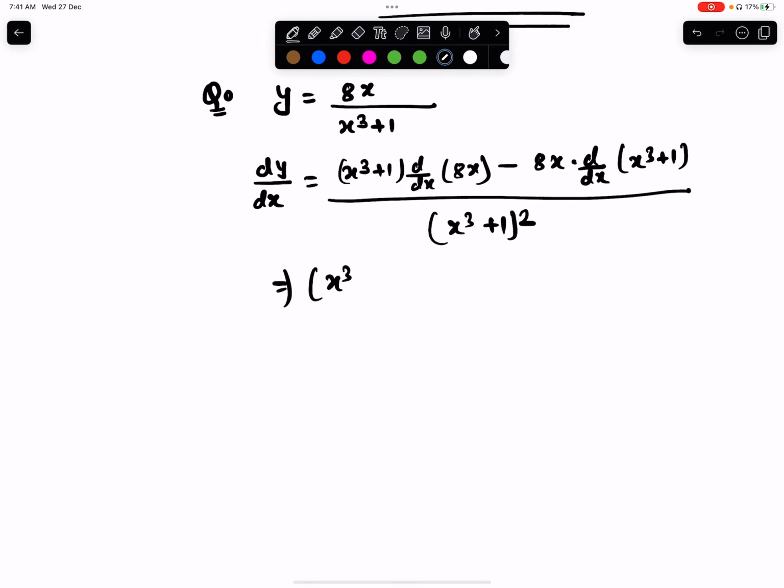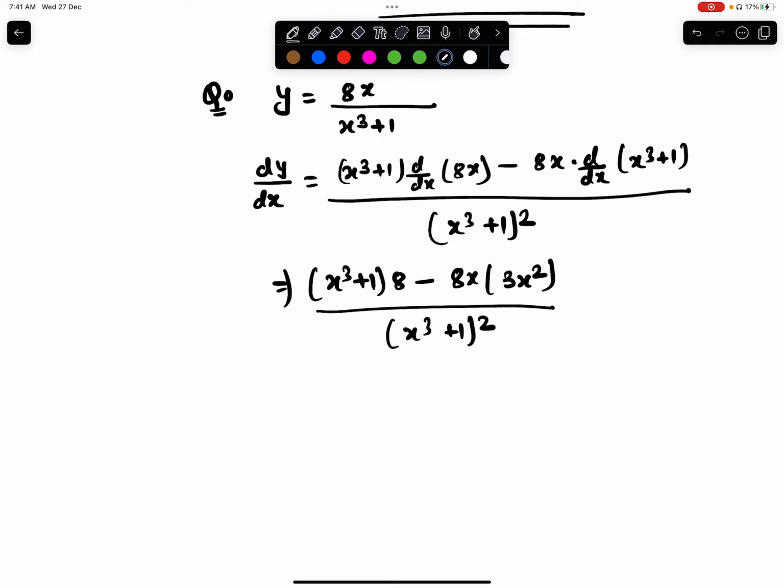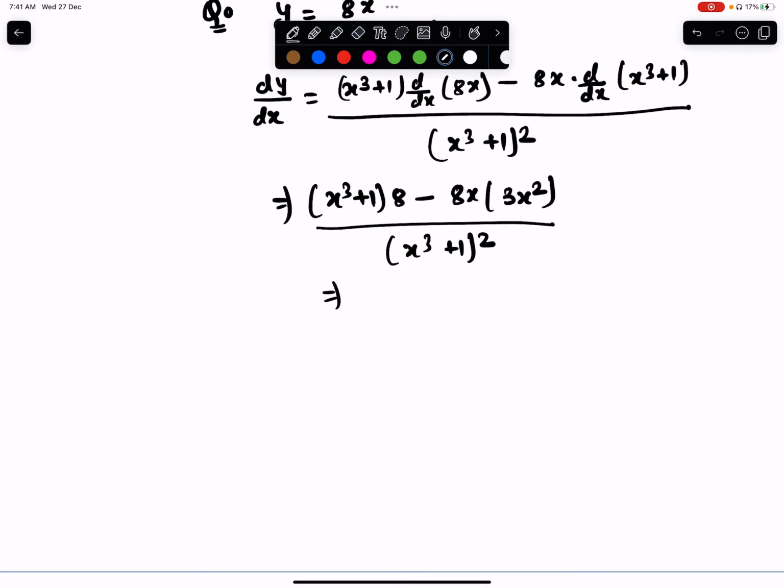That is (x³ + 1) × 8 − 8x × 3x², over (x³ + 1) whole squared. So that equals, we take x³ + 1 common... sorry, we can't take this common. We have (x³ + 1) × 8 − 8x × 3x², so that will be 8x³ + 8 − 24x³